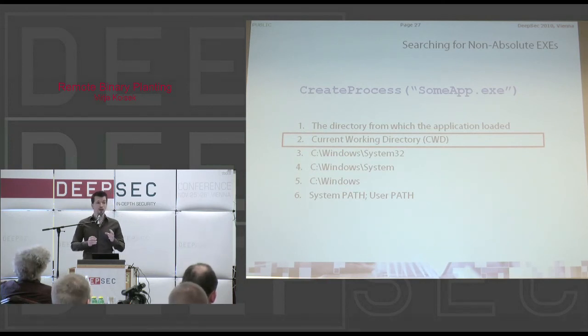The Microsoft hotfix allows for a global setting, and then you can specifically set this functionality for any particular application.